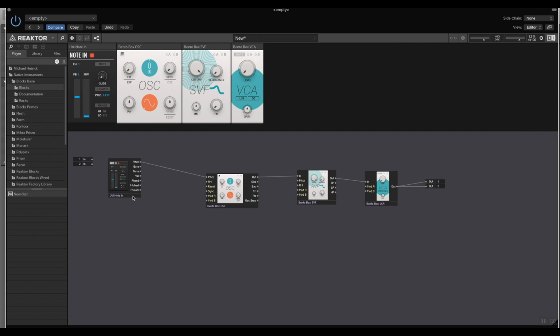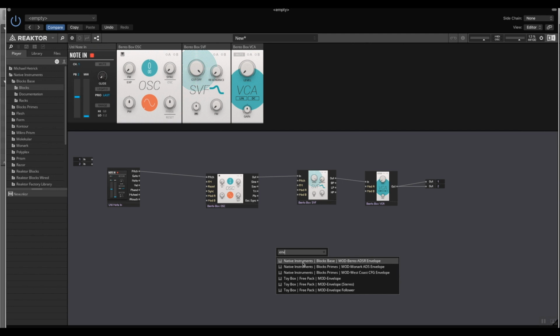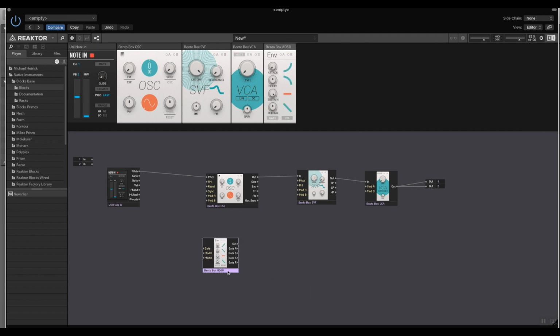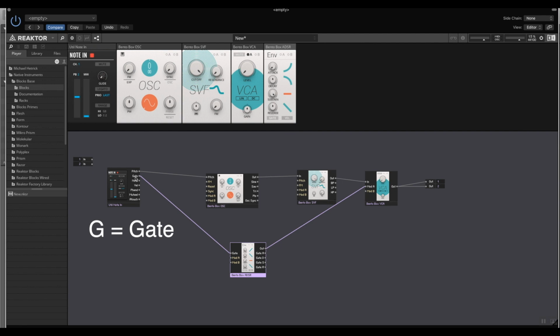So the next part of this is GEMA, which is Gate Envelope Maps to Amp. So let's add an envelope. Click down here, select Enter, and we're going to type ENV. We're going to select the Bento Box envelope. Here we go, and the gate goes into the envelope, and the output from the envelope goes into the amp. So this one is Greet Every Man Alive, or GEMA. So gate goes to the envelope, and from the envelope you go to the amplifier,